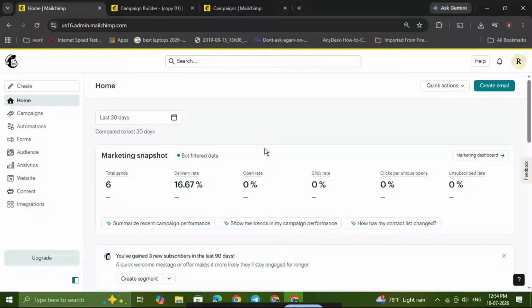Today, I'm going to show you how to add fonts to Mailchimp emails step by step so you can make your campaigns look more polished, more on brand, and a lot more professional. If you've ever wanted your email design to stand out with a custom font, this guide will walk you through